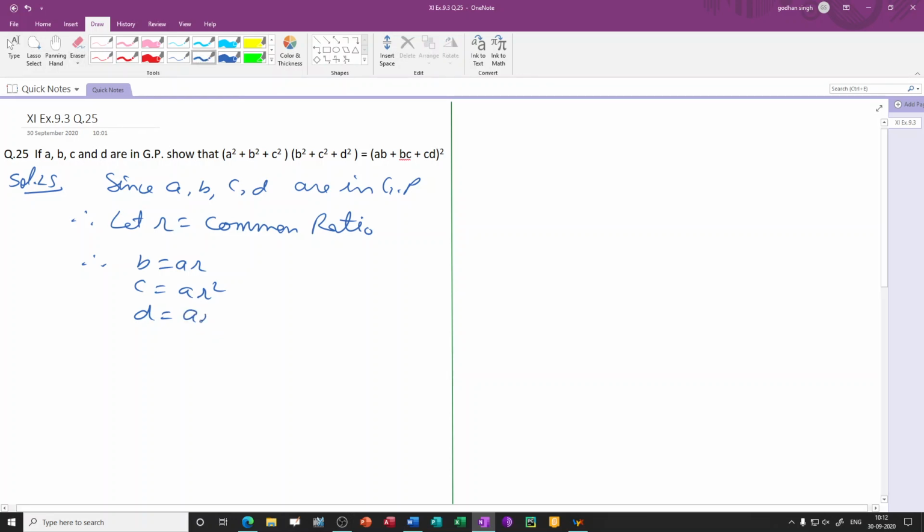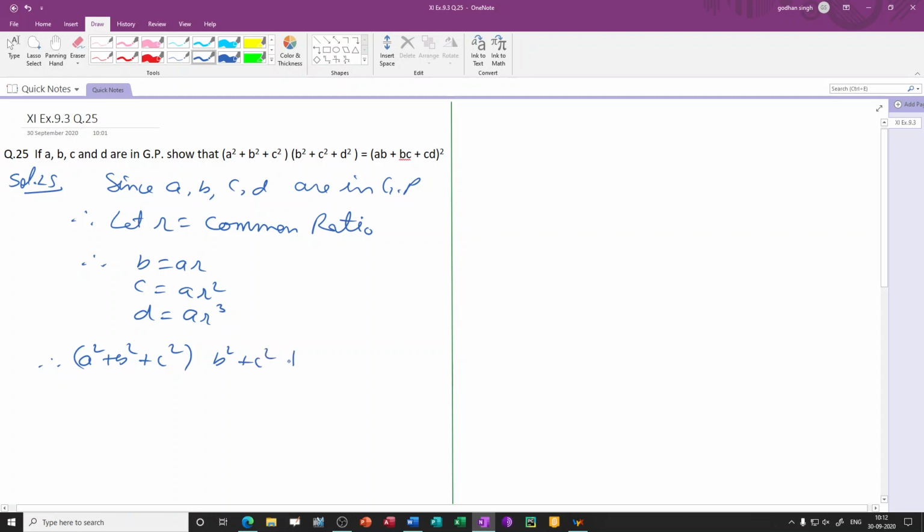Why is it AR cube? Because it is the fourth term. So this is the first term, second term, third term, fourth term. Now we will simplify the left hand side: A square plus B square plus C square multiplied with